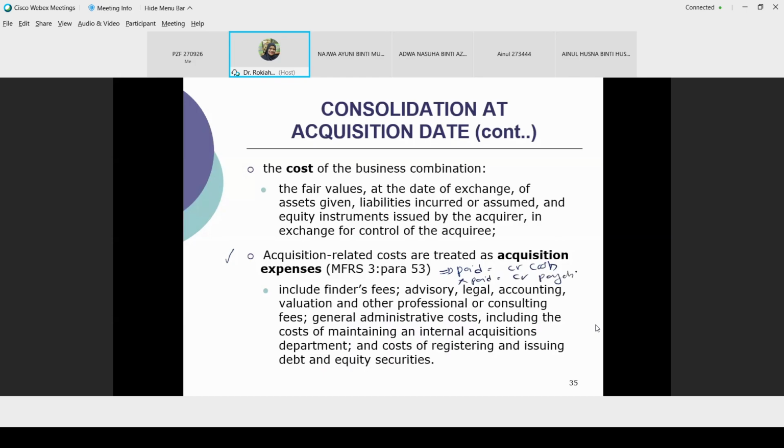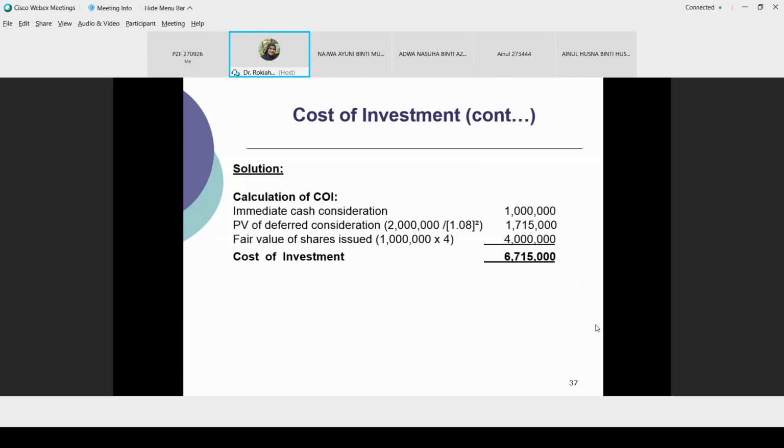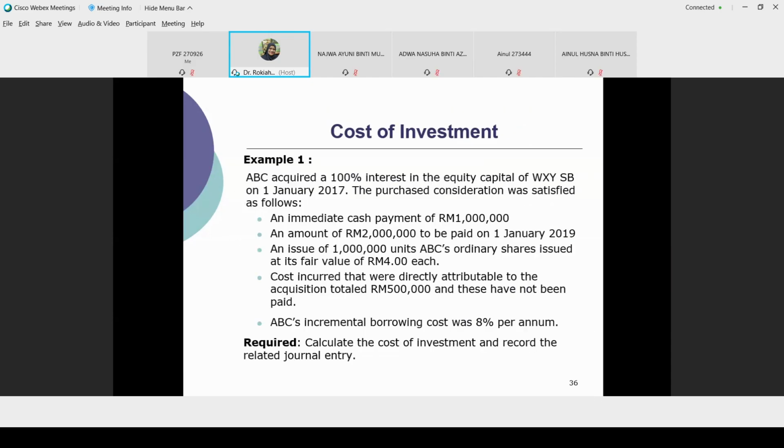So any payable: debit your acquisition expense and then credit the cash or payable. It depends whether it is paid or not paid. Okay, we have done these examples. For this example, you have to be careful, because it said that for a consideration to buy another company,